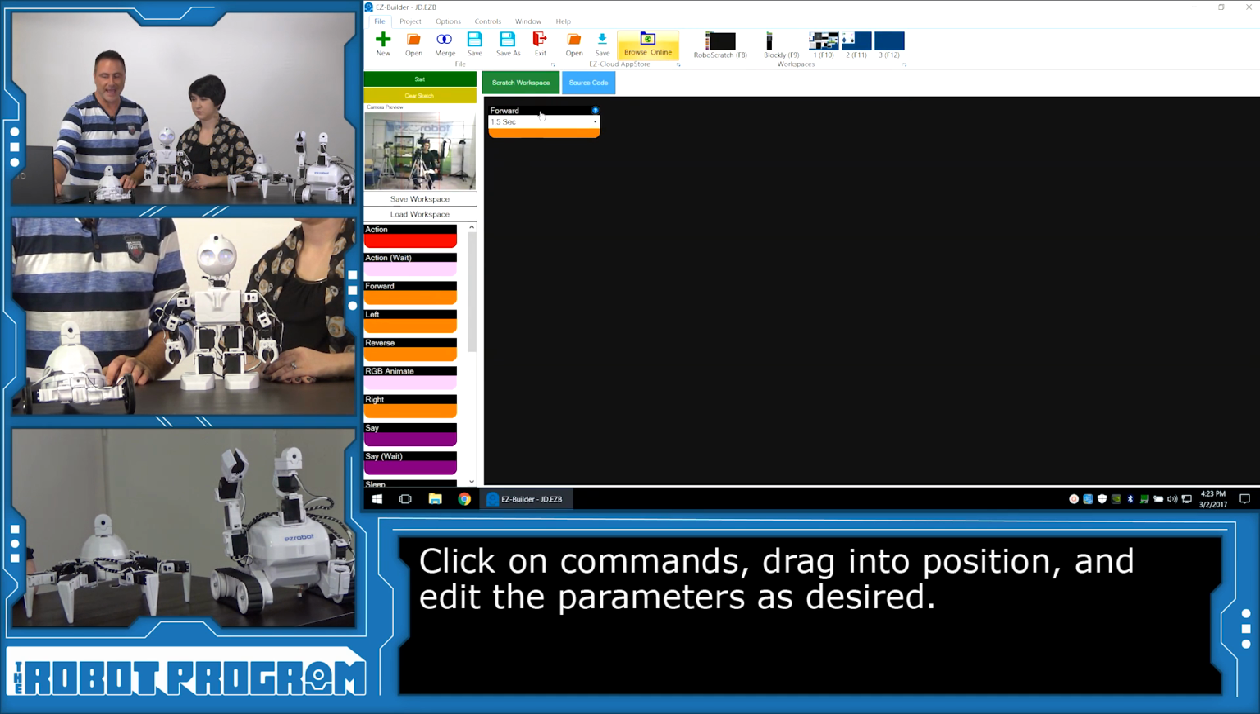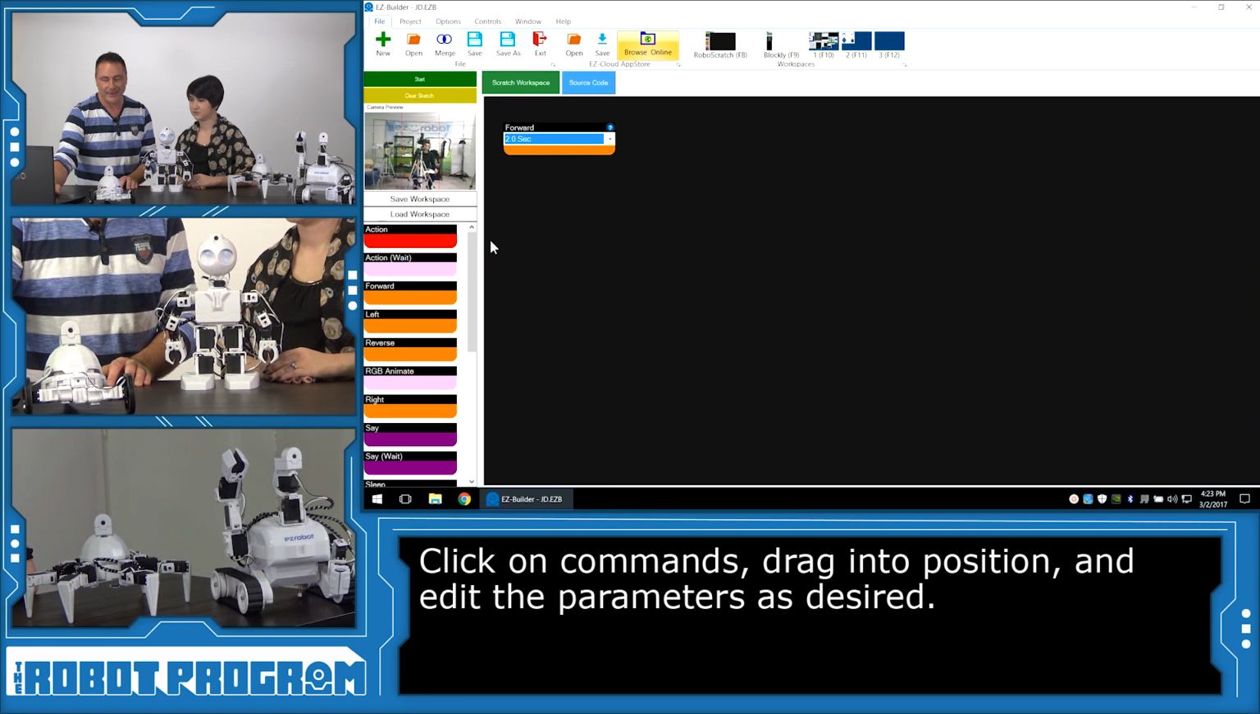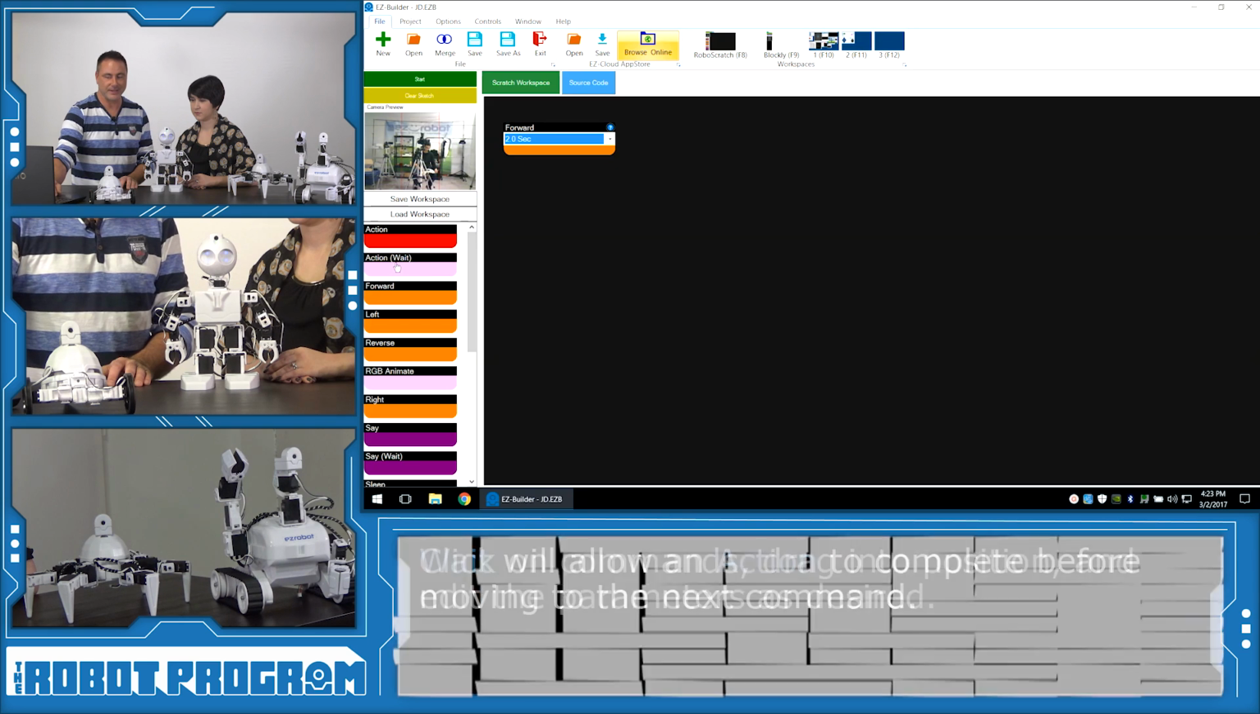And as you see, it's added a forward block. And I can choose down. I get to make the robot move forward for, how's this, 2 seconds sound? Okay. And now I'm going to scroll down and I'm going to add an action, and you see some actions